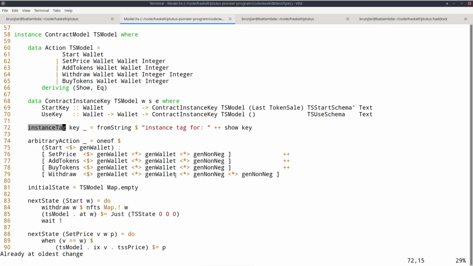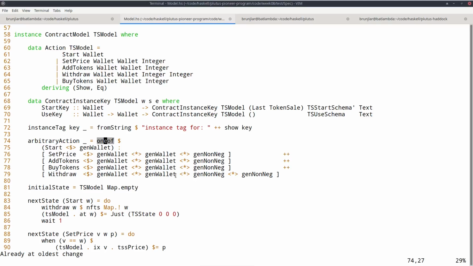function. So the next one, arbitrary action, as the name suggests, is supposed to generate an arbitrary action. So action we defined here, and we must now tell the system how to generate a random action. And as argument, it gets the model state. We come to that later, but I don't need that here, and I can ignore it.